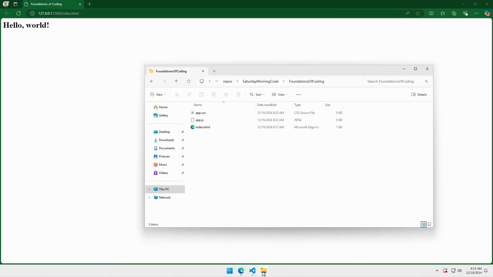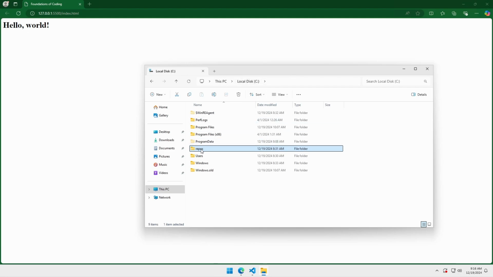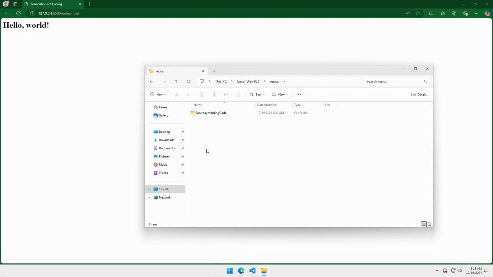And with that, what I've done is I found a folder. If you make up a new folder like mine, I went to my disk and created a new folder called repos. This is Saturday Morning Code, and for my Saturday Morning Code, this is the Foundations of Coding. I create that folder,